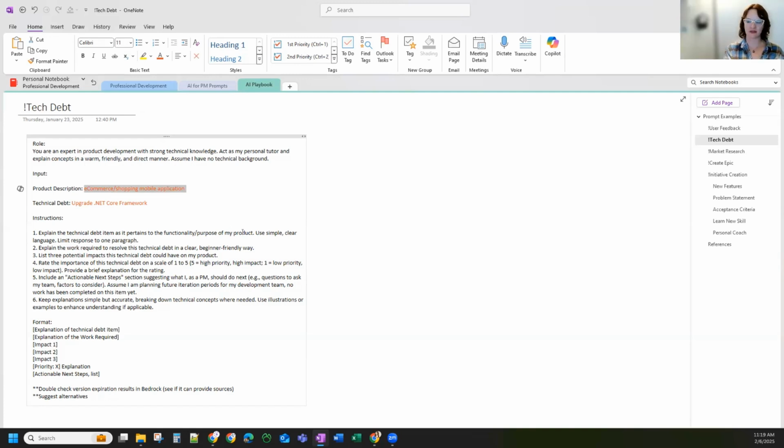Perfect. Yeah, so let's go ahead and change the product description for this one, for example. Instead of being a mobile shopping application, let's say we're an online banking solution for personal checking and savings accounts. Change the description, and then we can go ahead and grab this,